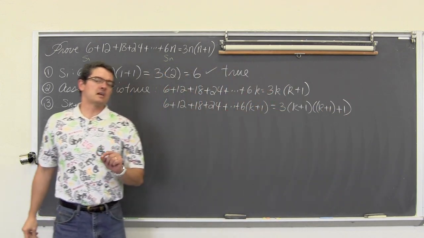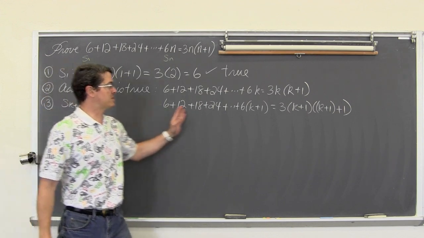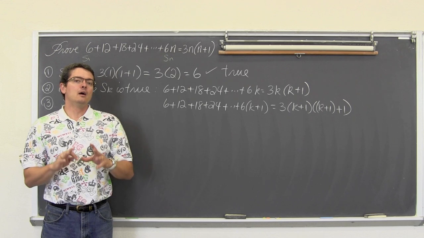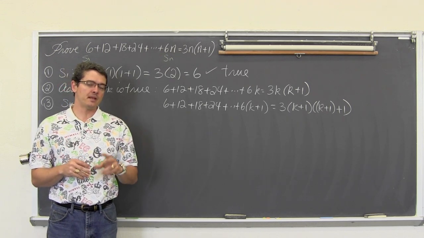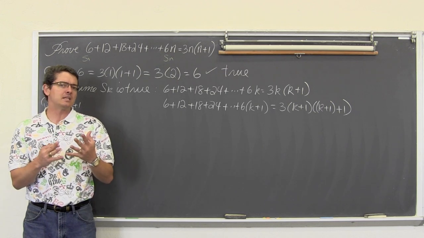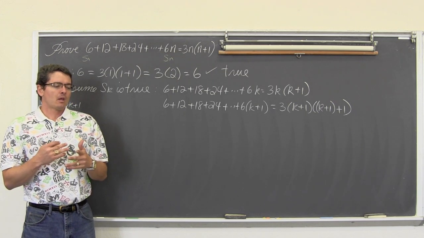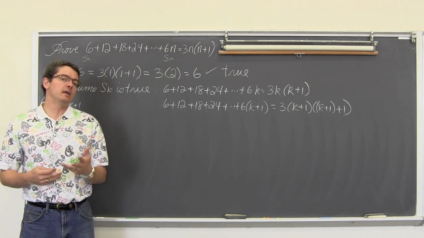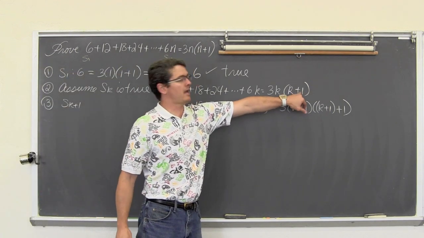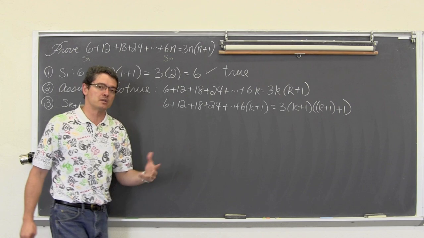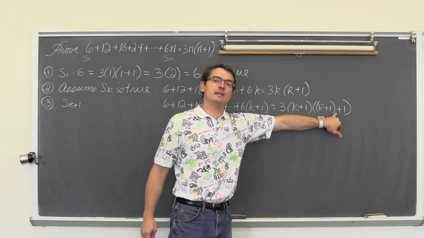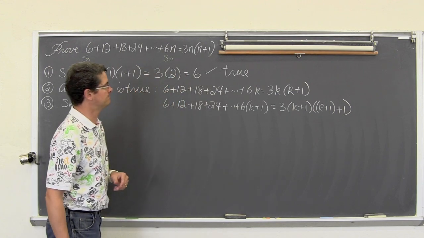Make a note on the right-hand side. Every time I do a substitution, I put a set of parentheses where the variable used to be before I do my substitution. That's going to help make sure I don't make any sign errors, and it's also going to make sure I don't get confused with what I'm substituting in with what's already in the equation. This last parentheses has a k plus 1, and I'm plugging in k plus 1. So sometimes students will forget to write k plus 1 for what I'm plugging in, and then the additional one that was already in the equation.